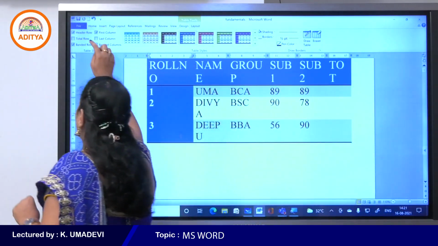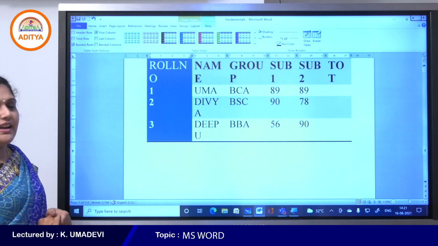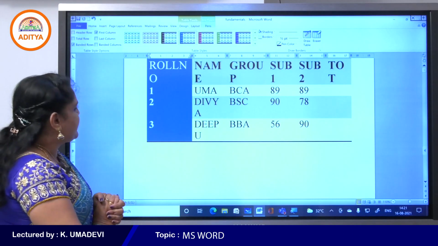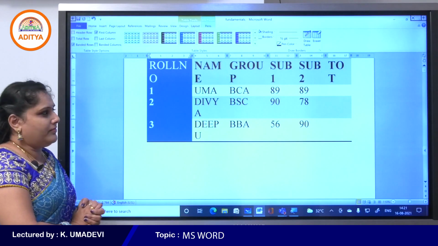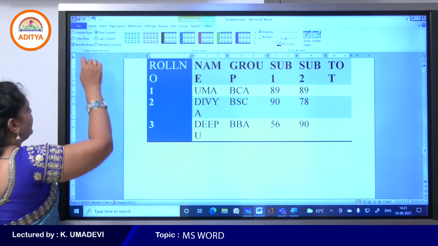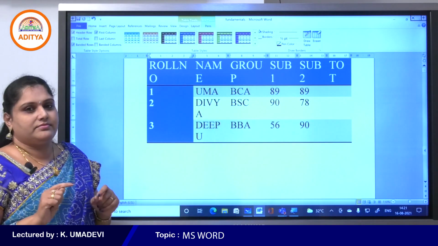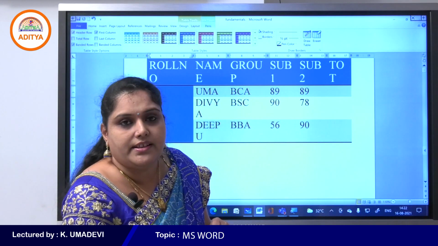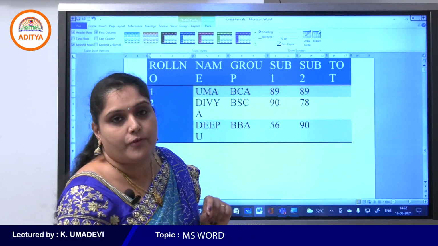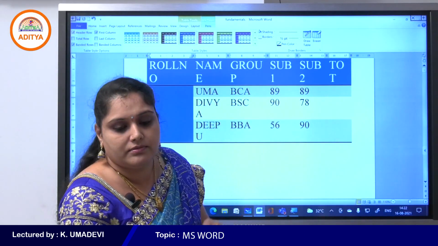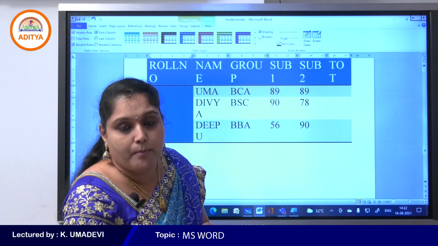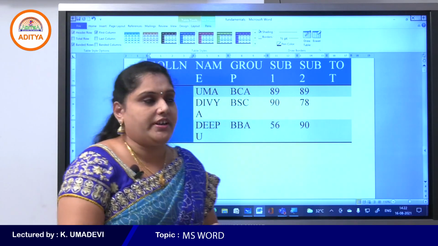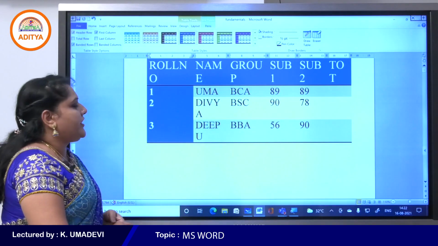First one, see, I will deselect the header row. So what will happen here, students? If I deselect the header row, what will happen here? Again, I will select the header row again. Did you observe any changes here? Just select the headings and put on bold for the headings to highlight the headings. Okay, apply bold font style. Okay, students, come on. Did you notice any changes here?